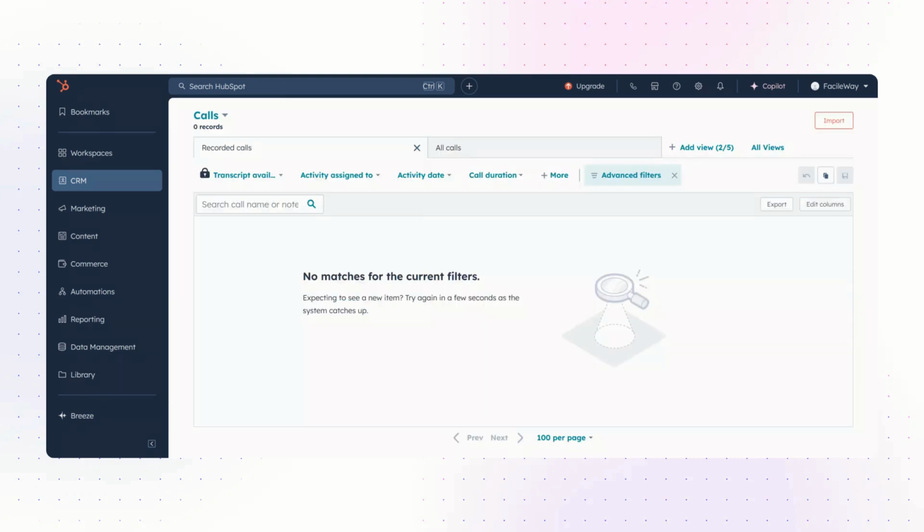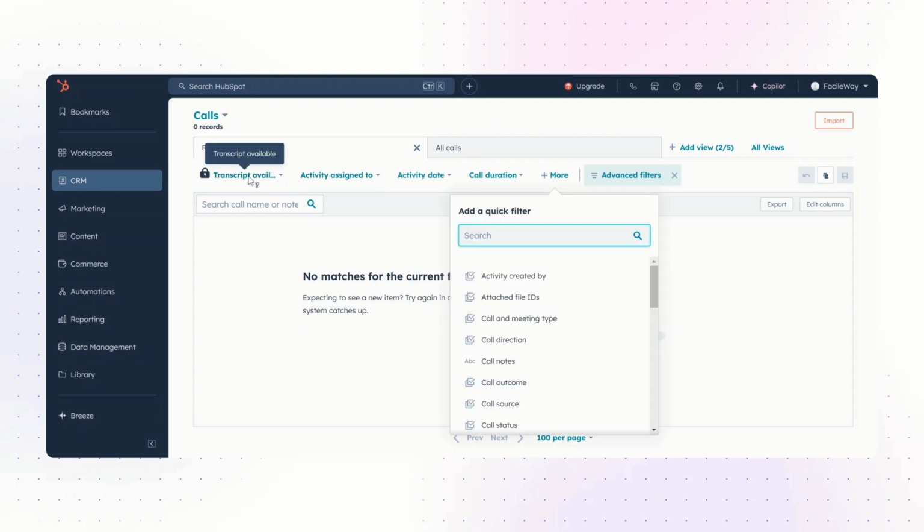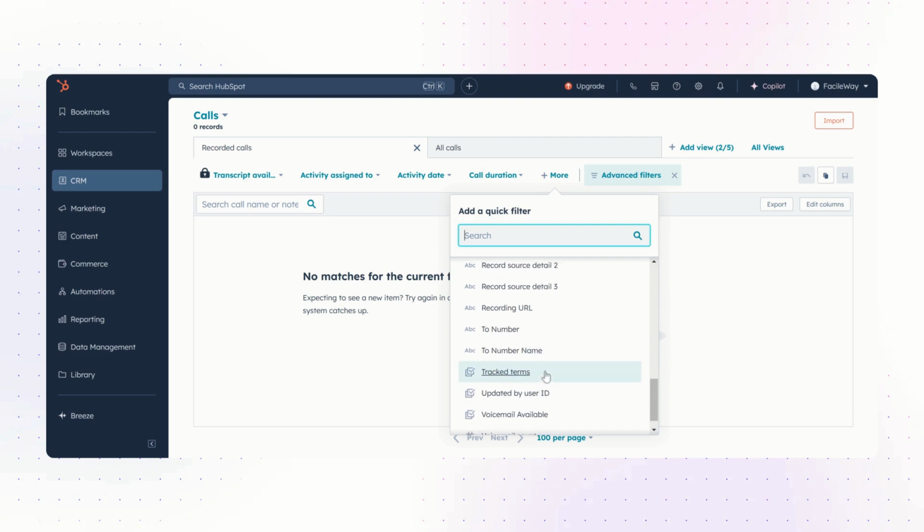Now let's cover the calls. Making and tracking calls is a crucial part of the sales process, and HubSpot CRM makes it easy to log and track all of your calls directly in the system. You will see an option to log a call or make a call. If you want to log a call you have already made, select log a call and fill in the details. You will get the outcome, call notes, and follow-up task. In the call outcome, whether the call was successful, voicemail left, or no answer, you can track everything here. You can also get the transcript here, but this feature is only available for the paid version. Here you can track everything you need about calls.